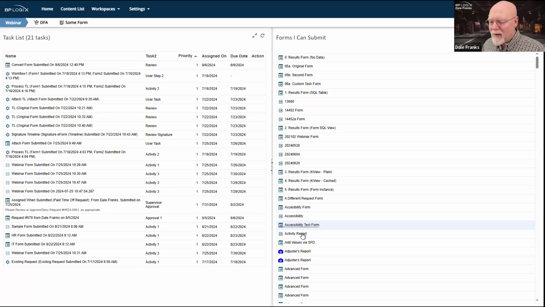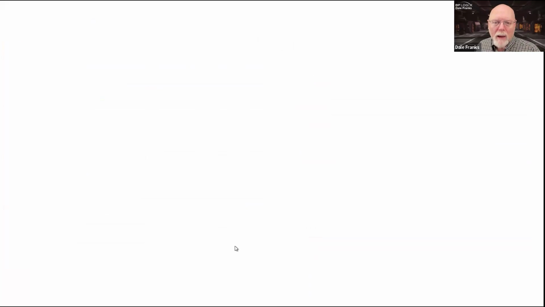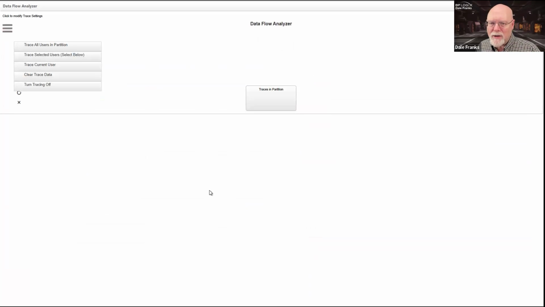They're going to have access to all the forms that they're authorized to submit. They'll be able to look at the data flow analyzer. Why I would allow them to look at that, I'm not entirely sure, but that's what I've said they can do, so they can do that now. And they also have access